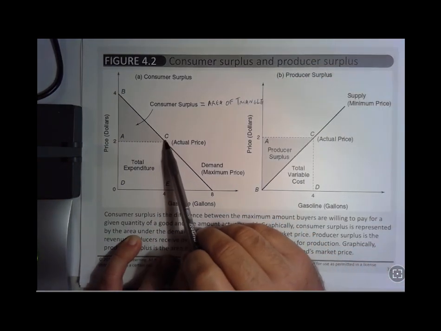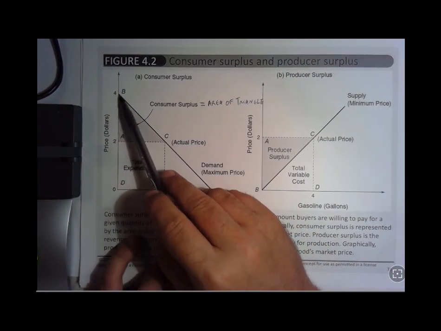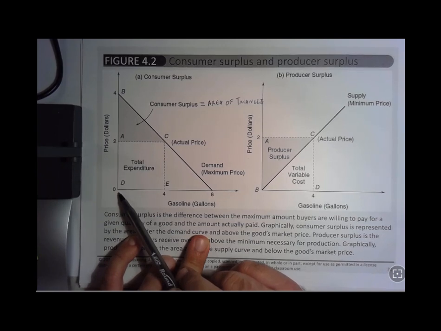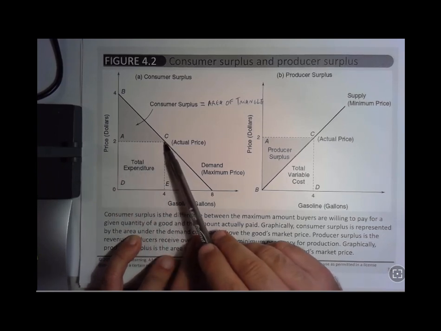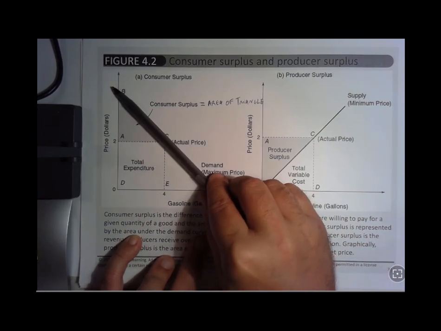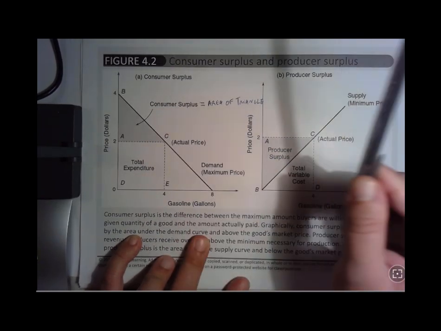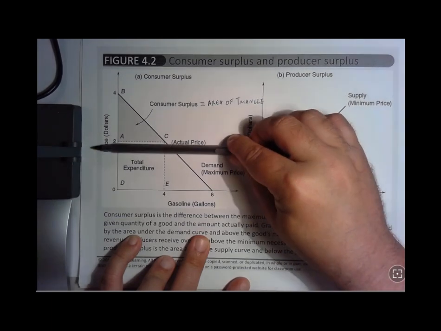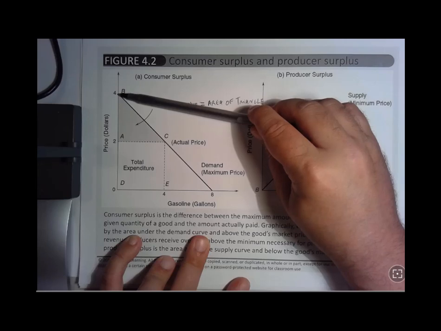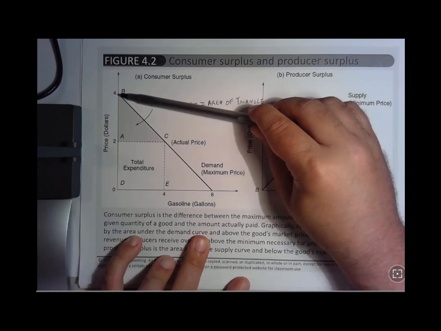The triangle here is bounded by the maximum price the consumers would be willing to pay for the first unit that comes available in the market, and by the equilibrium price, which is the price at which they actually pay for the product, and bounded by the demand curve, by the price, what they actually pay, and the maximum they were willing to pay for the first unit available